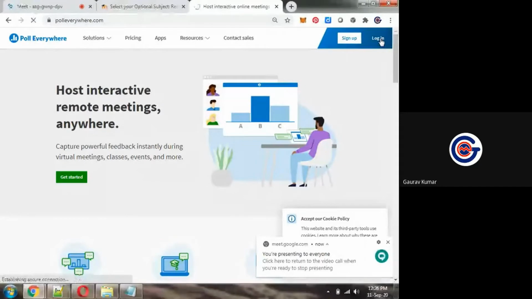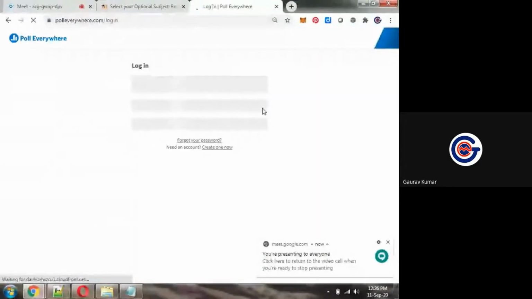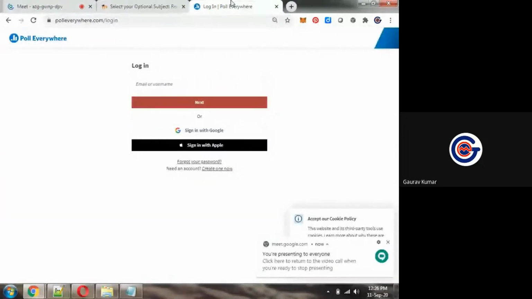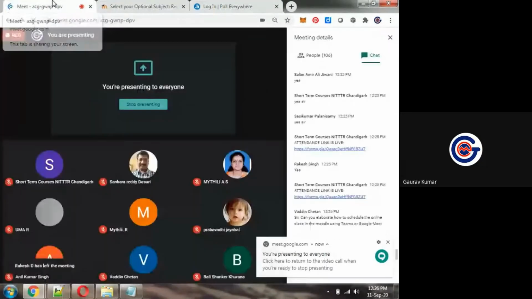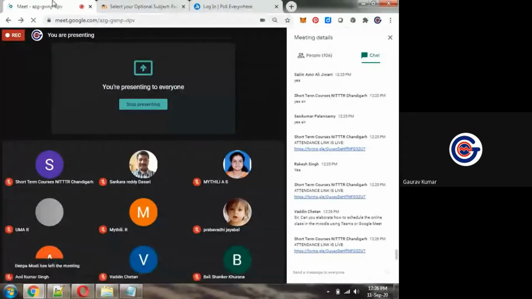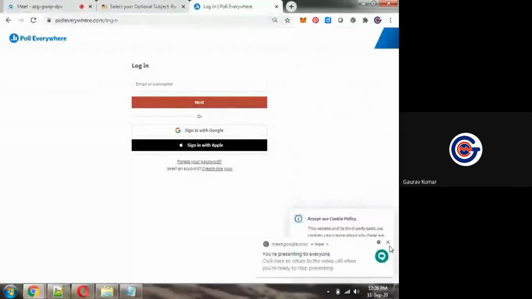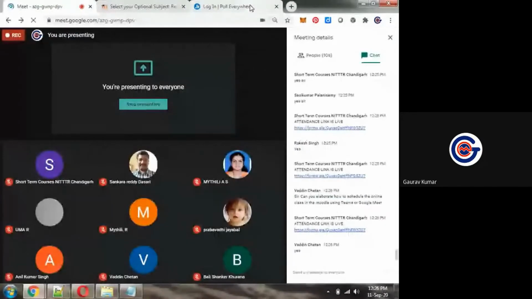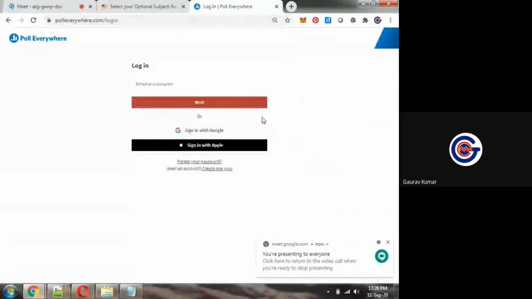So I'm logging in with my account, and you can see polleverywhere.com. There are so many options available. Different types of polls we can create for free.